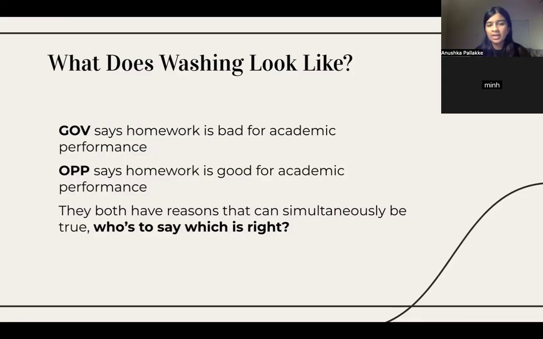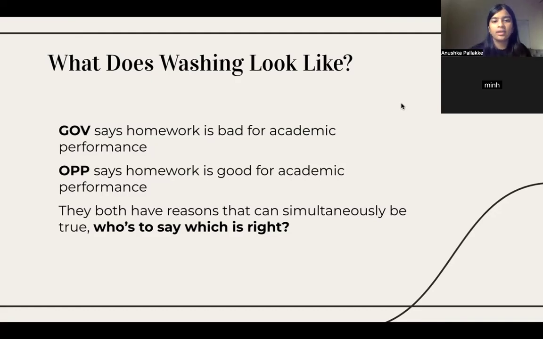Now, logically speaking, unless any one side has a crazy argument, this is probably going to be a wash, because there are going to be very convincing arguments from both sides, especially when the team is really good. So how is a judge going to make a decision? Typically, the judge will end up picking a very minute detail and use that to award the ballot to their side. So if, as the opposition, you are not confident that you are going to win this ballot, you're going to wash this argument. Does that make sense?